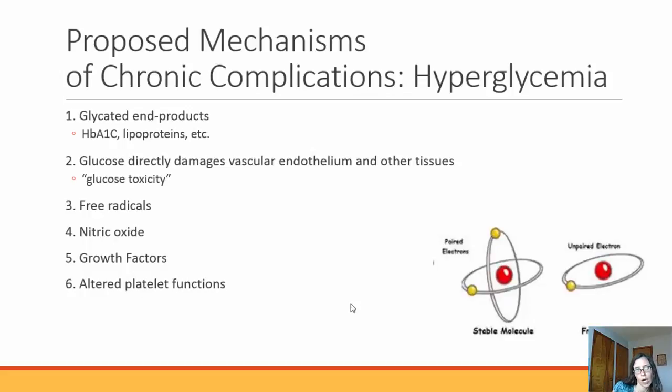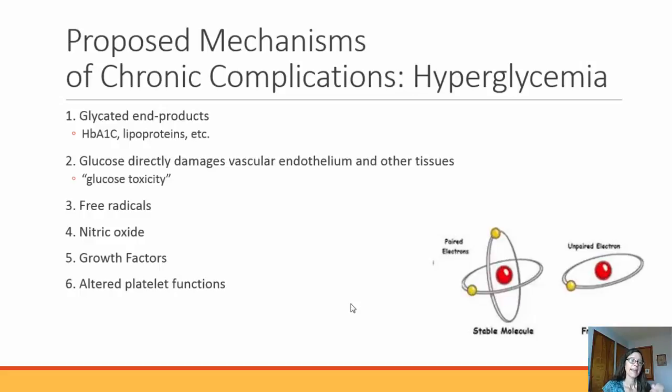Okay, so how does this work? Well, basically, we have so much glucose in our body that it just kind of tries to get on anything that it can. So when we're measuring hemoglobin A1C, what we're actually measuring is how glycosylated our cells are, and so how much glucose they've been exposed to. We can measure by how glycosylated they are how much glucose they've been exposed to over a long period of time. And that glucose, because it's in such high quantities, can actually be toxic and directly damages our blood